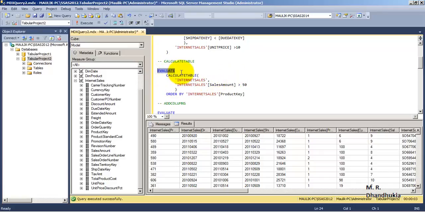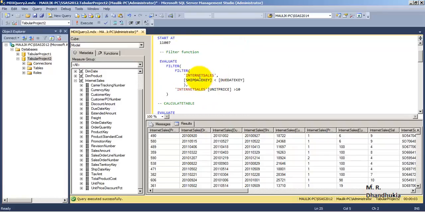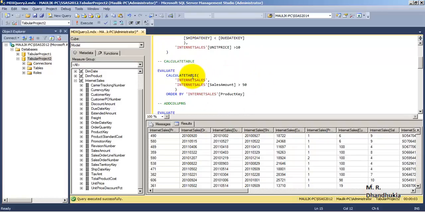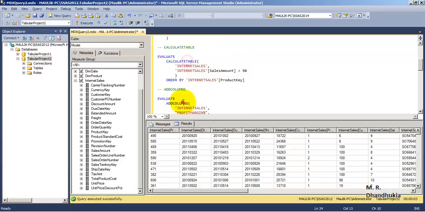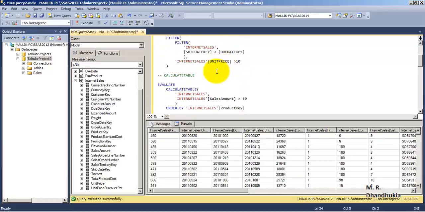Then what do we want to evaluate? We want to evaluate internet sales. Okay. So we want data from this particular table, internet sales table. Now how do we want to calculate the table? So it's also kind of a where clause. Okay. But calculate table is, generally speaking, faster than filter. Okay. And we'll see one more thing, add columns. It is still faster than calculate table. Okay. Now